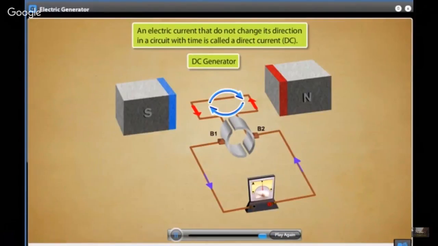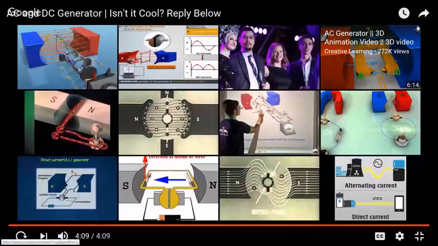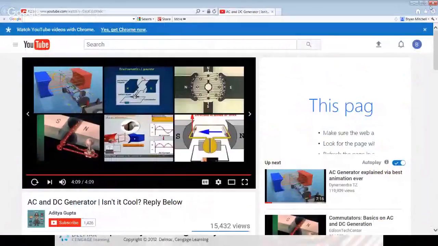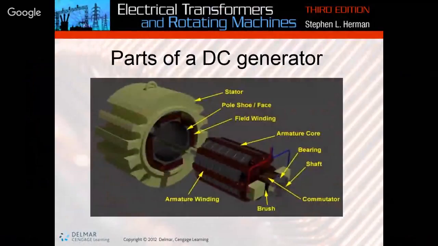DC generator. Good stuff. Okay. Pretty good graphic there, huh? Gives us a little bit bigger picture of what is actually happening. I can't come up here and actually demonstrate it, but that at least gives us the actual motion of what's happening. Okay. All right, so moving on from that, we talked about